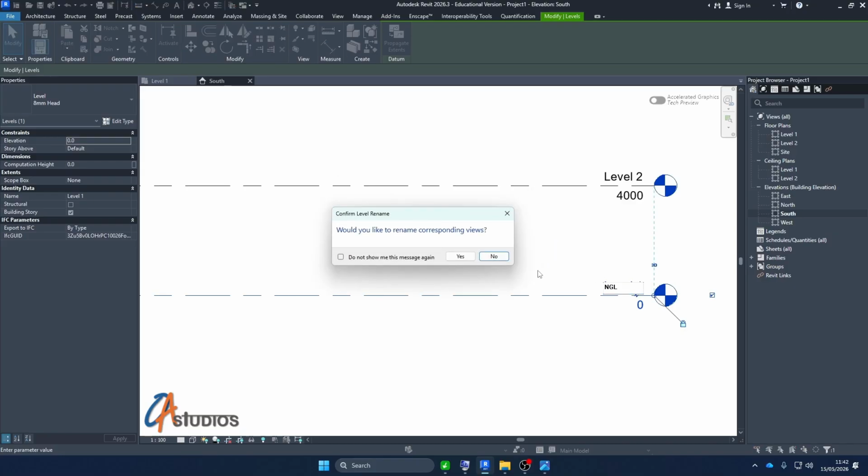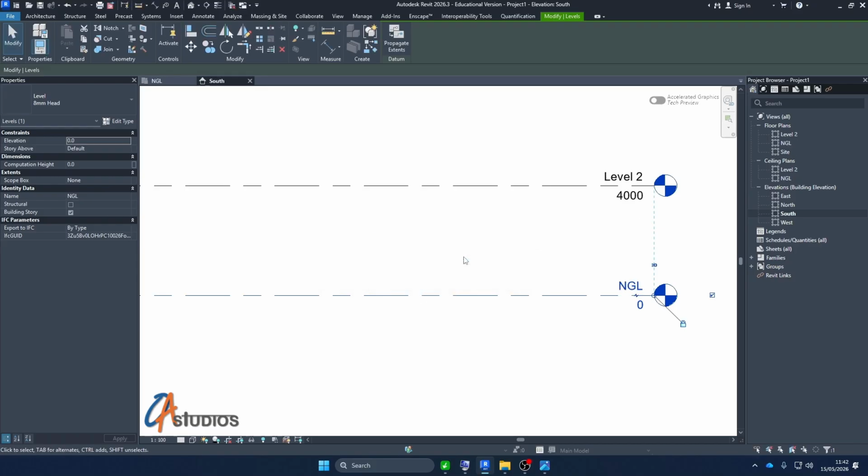Now when you want to change a level that has a relationship with a view, when you change the name, Revit usually asks, would you like to change the name of the corresponding views? And usually you want to check yes. If you check no, the level will have a different name, the view will have a different name, and it sometimes makes it difficult to track. So the best approach is to always click yes. I always click yes, and I go with that,